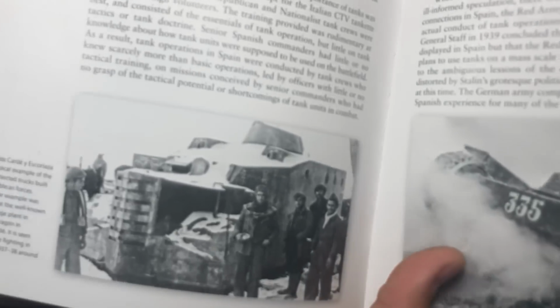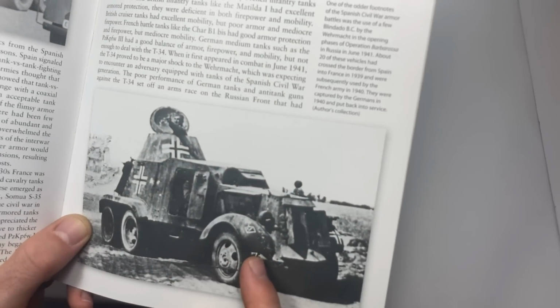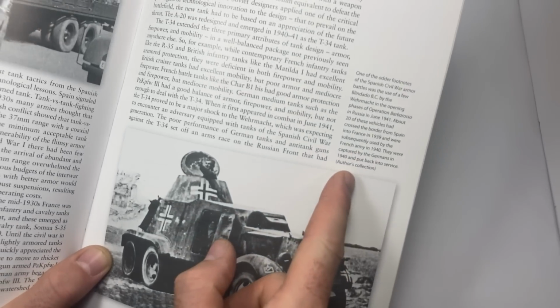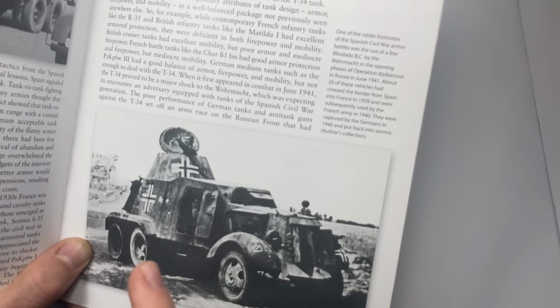You got some of the mad old Spanish-built huge armoured cars that they made, random things. Bit of tank transporter, and I think this is from Steven Zaloga's collection. It is author's collection because he rolls this out in a number of places. I've seen this picture a lot of times. So this is a